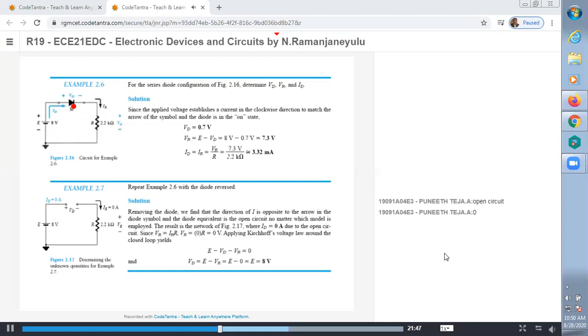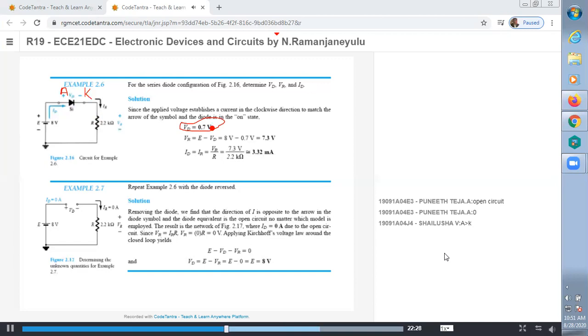Right. Once you know the silicon diode, its V gamma cut-in voltage is equal to 0.7 volt. Remember this one. Diode is a silicon diode in forward bias. Now what is the status here? This is the anode terminal, right? Each and every time in your mind, always find the status of the diode. It is forward bias, A greater than K. Why? Because A is connected to 8 volts and K is connected to 0. So 8 greater than 0, A greater than K, diode is in forward bias.